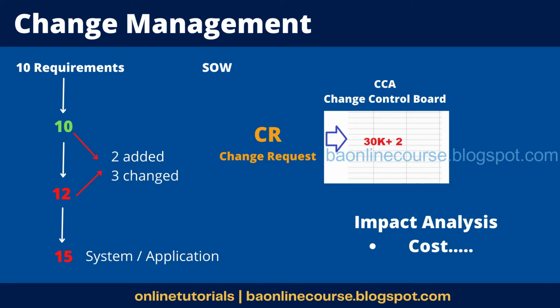You will provide your recommendations, saying that this change request costs us additional 20K or 30K, right? And it would take me another additional 2 weeks to complete this, and you would send these details to the senior guys in the project. So you are not deciding whether to accept a change or not, right? So the change request would be taken. You would do the impact analysis, and then you would send it to the senior management. We call that the change control mode.